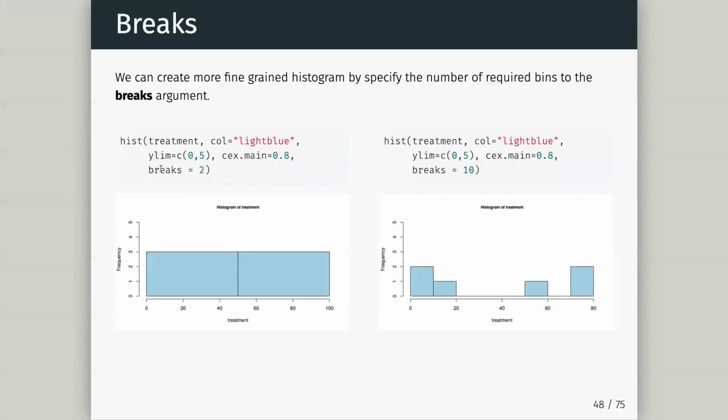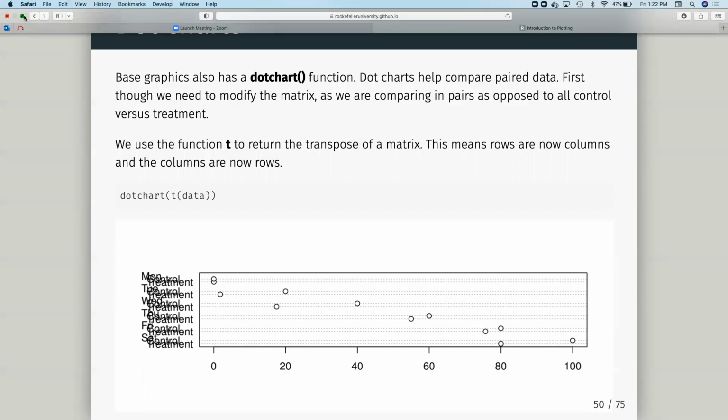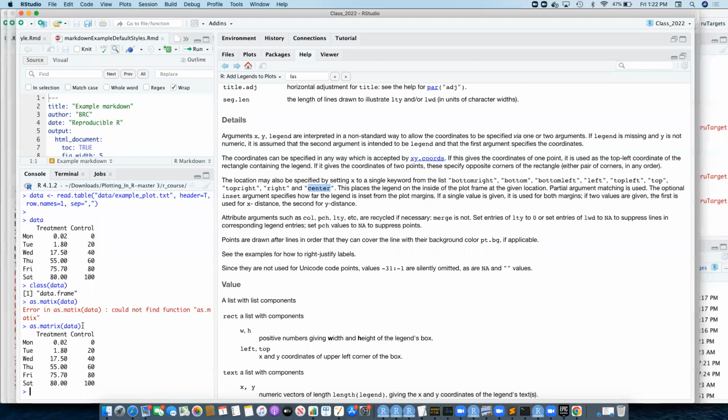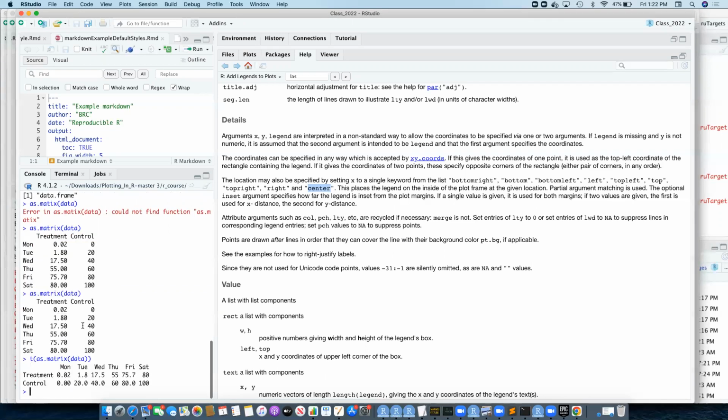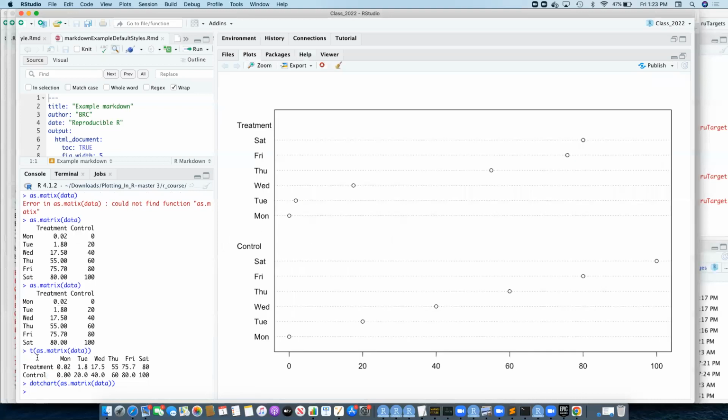So where do I get this data from? Let me show you that anyway. Oh, here's data. So this is a matrix. I do T. You can just see it turns it to the other orientation. So treatment is now in the rows, control is there, but it maintains the column and row labels. It just switches them over. So dot chart wants me to do that T first. It wants the data in a slightly different way, because if I do it like that, it's going to group the data by the columns. But if I do it with a T,